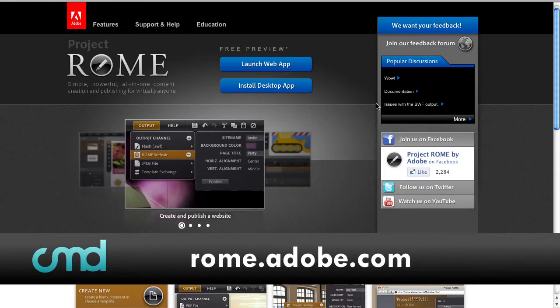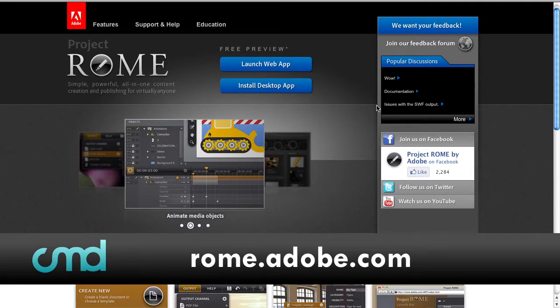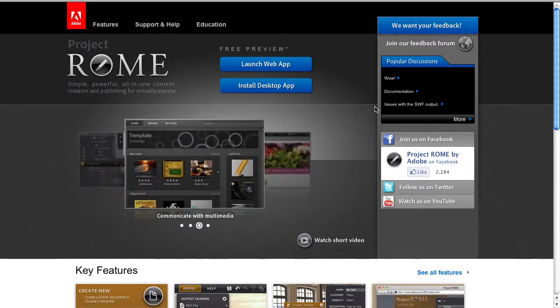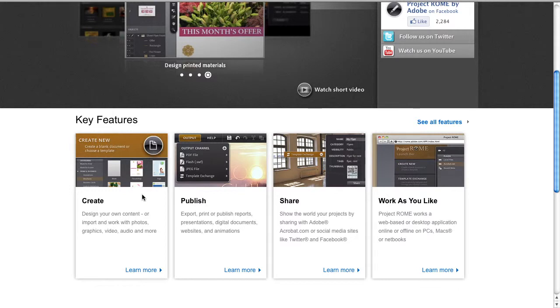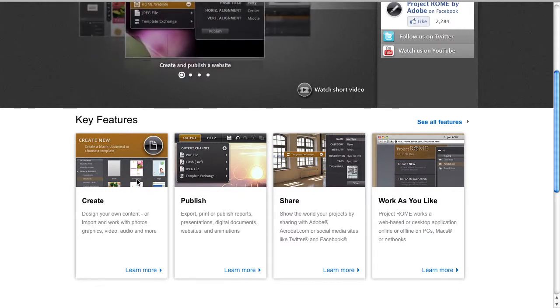But a new app that they just came out with is called Roam. And as you can see here, Project Roam is a simple, powerful, all-in-one content creation and publishing tool for virtually everyone. It's really interesting because it does a lot of different stuff. You can create everything from print documents to animations and